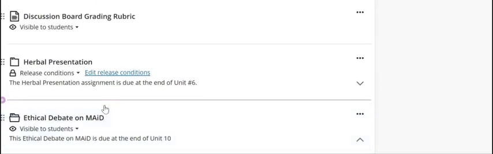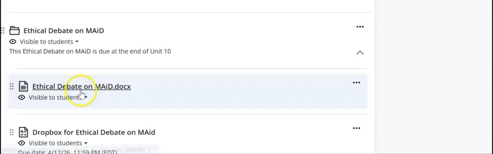So when you click on to this assignment, you're going to see the grading rubric. And let me just explain a little bit about it. This is due at the end of week 10, as I just said, and it's going to demonstrate your ability to look at the concept and the process of medical aid in dying from multiple perspectives. And you're going to be able to reflect on evidence-informed, ethical, person-centered nursing care at end of life.